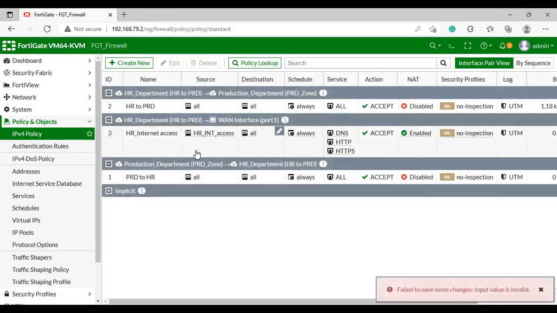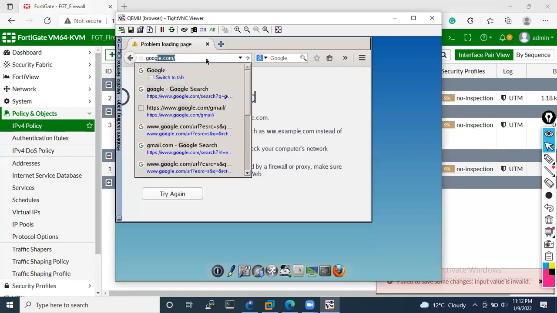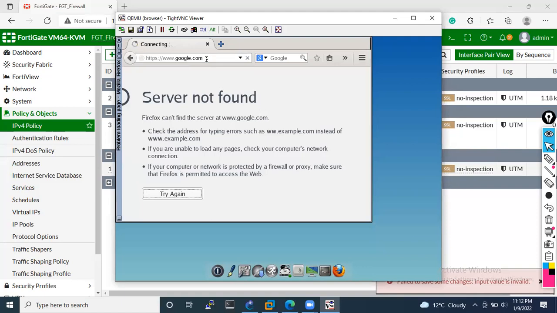Just wait a minute. As you can see, this policy has been created, and I'm going to check whether the HR user is able to access the internet or not. So let me share the screen. On the HR user's PC, I am going to type google.com.